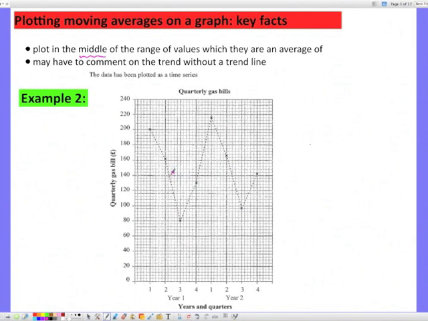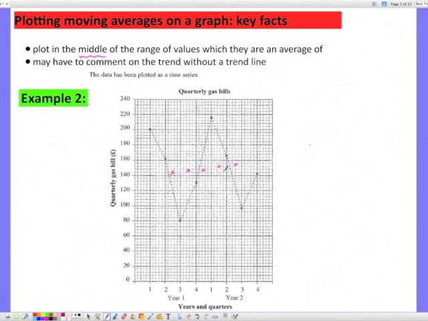143 here. Our second moving average that we calculated was 147. So we go across 1 into here, 3.5, and we're going up to 147. Which is going to be here. Then 148, just there. Then up to 152. And lastly, 155,